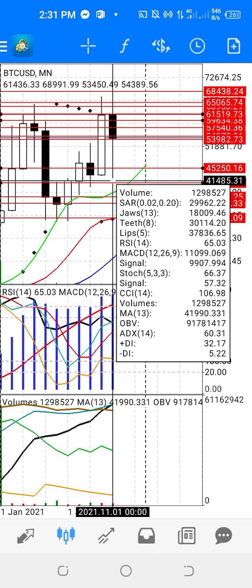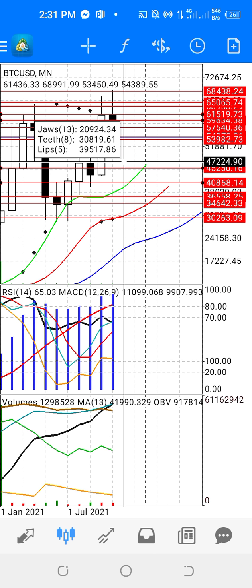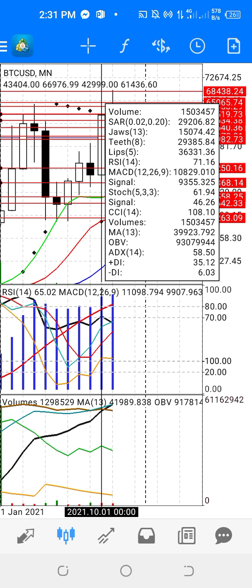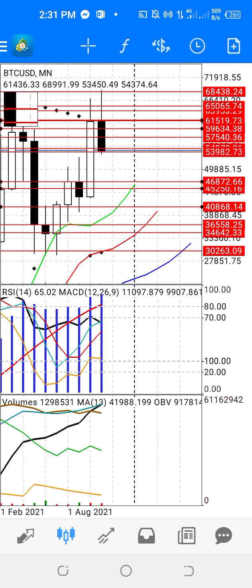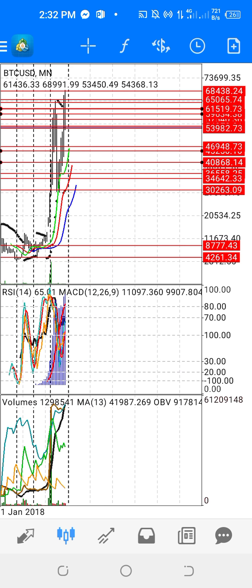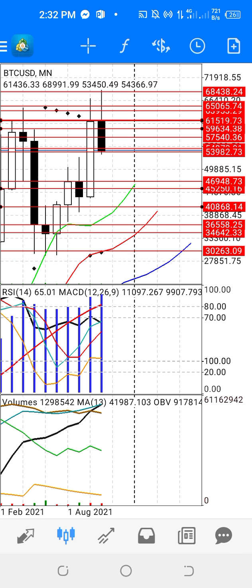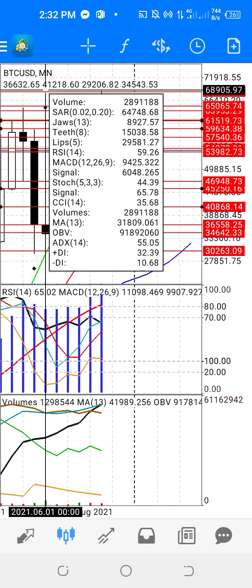Also, when the price in the monthly corrects until here, it has to fill up this area because this is the imbalance of prices. But other indicators show bullishness. But since there is a strong resistance at the top, above this one, a strong resistance,